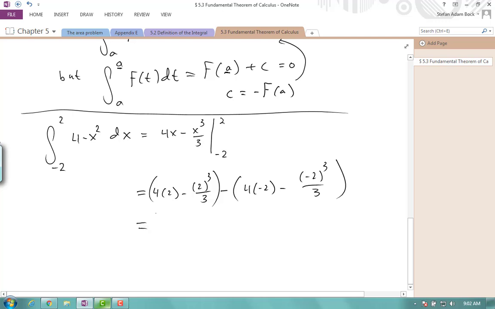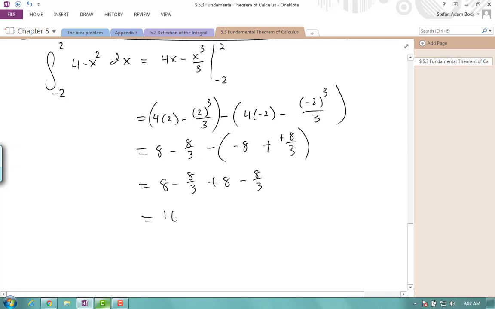And when I simplify all this, I get 8 minus 8 thirds minus a negative 8 minus a negative 8 thirds. So many negatives. We have 8 minus 8 thirds plus 8 minus 8 thirds,